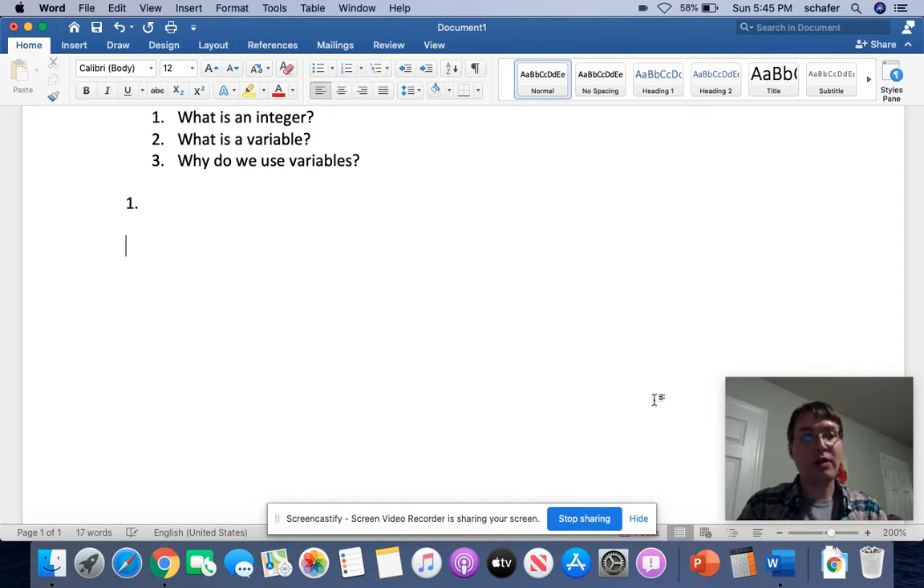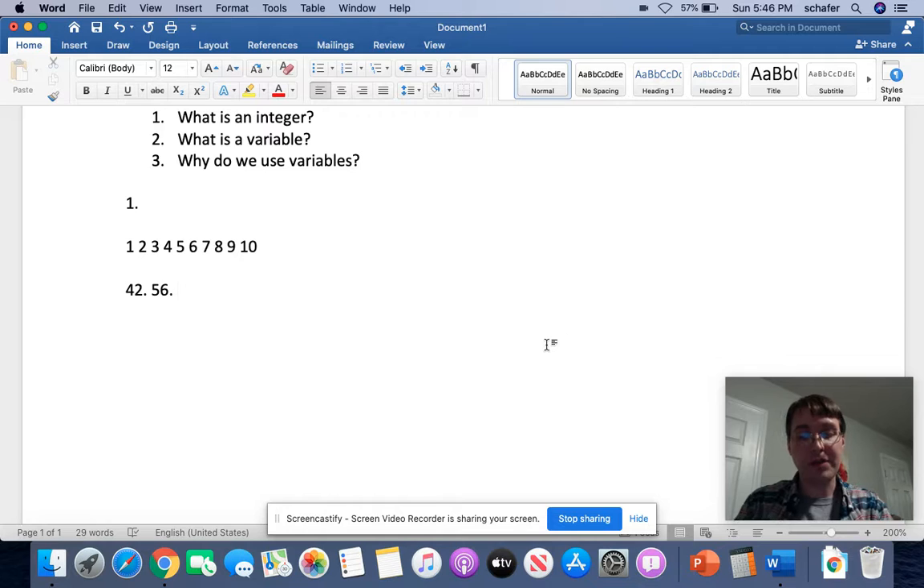Number one, you all know the answer to already, even if you don't know it. An integer is any whole number that is not a fraction. So I've written up here numbers 1 through 10. All of these are integers because they're all whole numbers and none of them is a fraction. If I wanted to go higher,